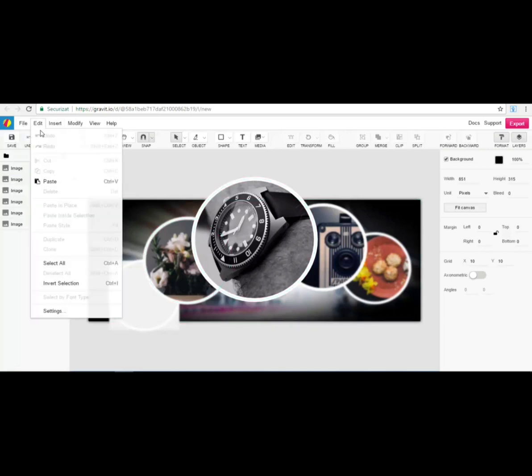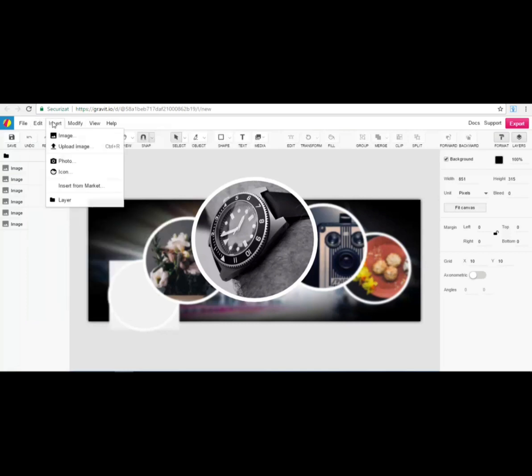you can save basically your project, editing options, insert. From the insert section, you can insert different images into your project. You can upload your own images, you can insert photos. You will see that you'll also have some stock photos given by them for free. Icons, the same thing. You will see that you'll have a set of icons for free that you can use. You can insert from market, you have that market I've told you about, where you can find different elements